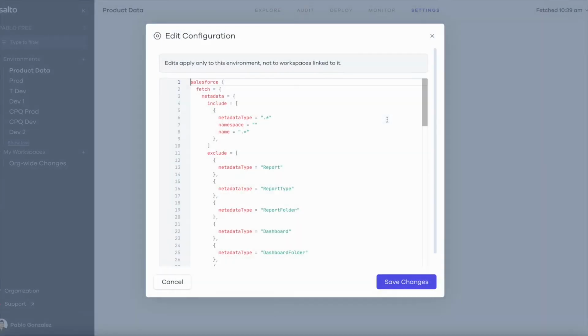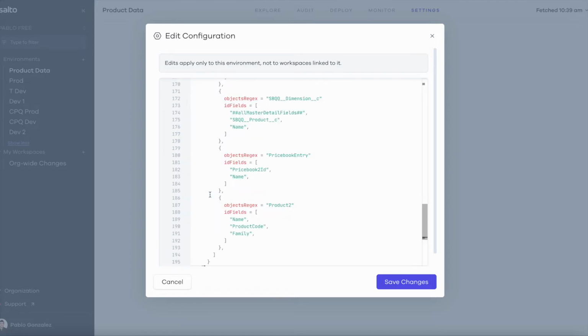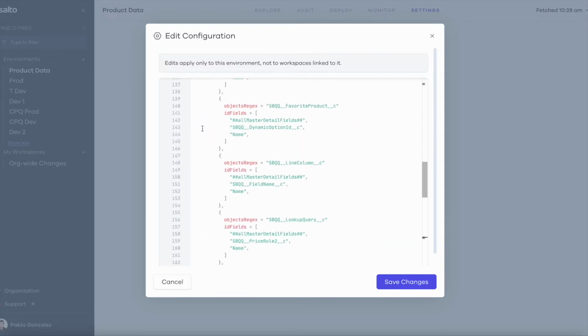Salesforce configuration. In the previous video, what we did is we added this data object which included product and created the product unique ID as the name. What we're going to do is replace this object here and paste a new one, which you can find in the link in the description below. As you can see, this is a much more complicated example and we're going to go through all the